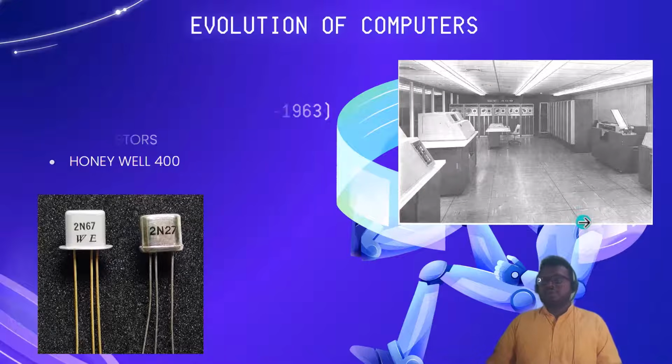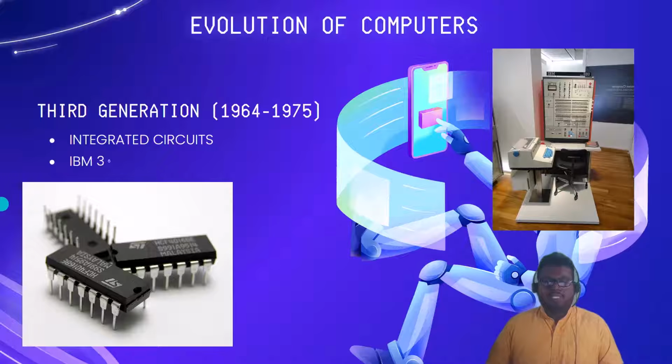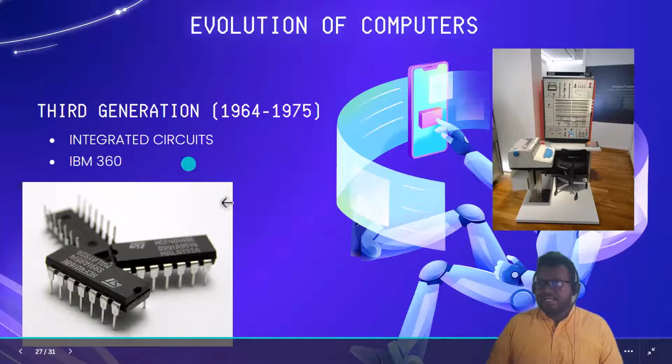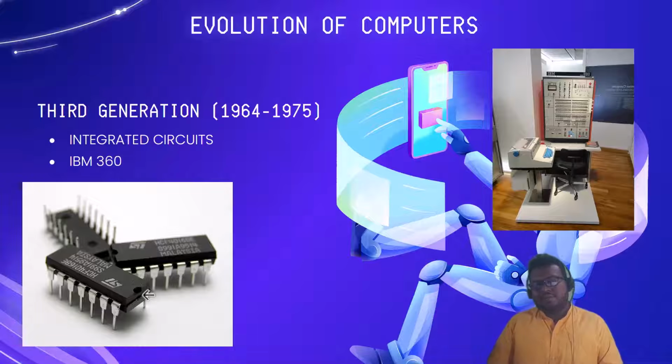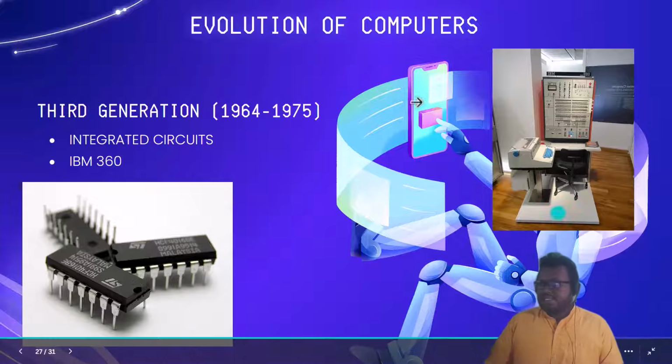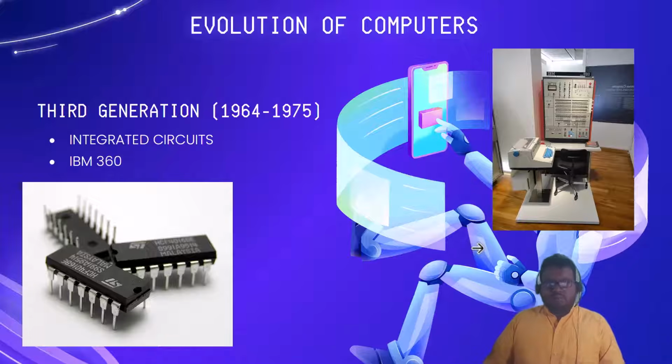Then we move to the third generation. Third generation is from 1964 to 1975. In this era, inventors introduced integrated circuits. See this image. This is an IC, integrated circuit. This is made by combining many transistors into one single chip. In this era the IBM 360 was made,